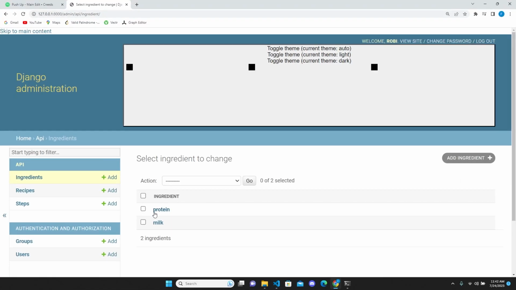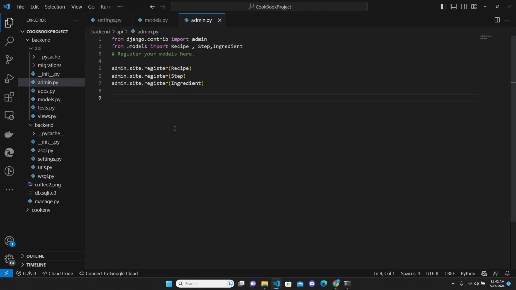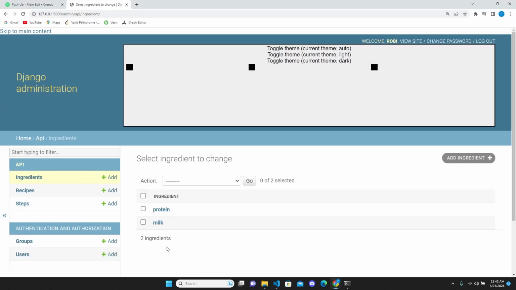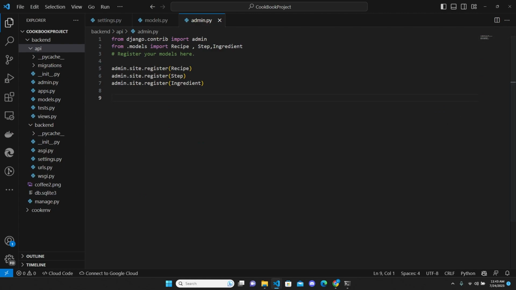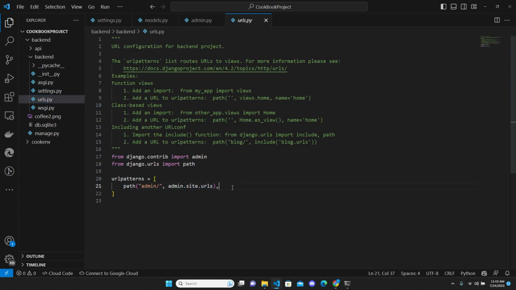You could see the name because we did that def __str__ return self.name. But the idea is that we want to send this data to the front end. So when we create the React front end, so a web page, we need to send that data. So we need to have some endpoints. What I want to do is we have some URLs. The URLs are just going to specify, let's make it simple, which function is going to be triggered when we are on the, I don't know, end